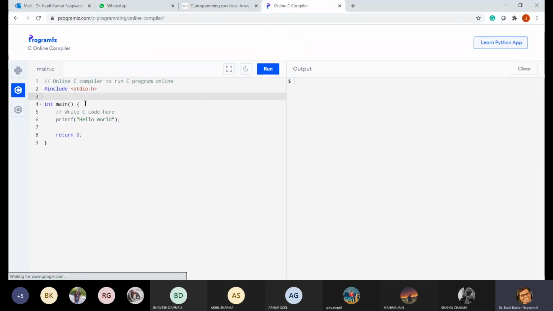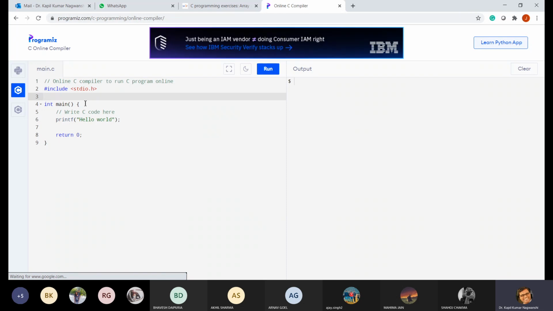Include stdio.h is there, int main is also there. Now our turn is to declare the arrays. Int a[10]. Suppose I want to add 10 numbers, so I have written 10.